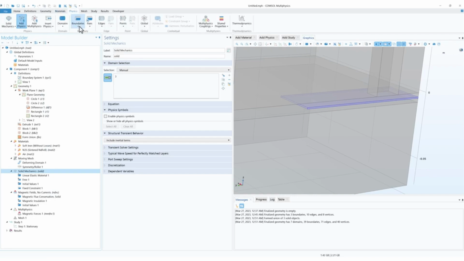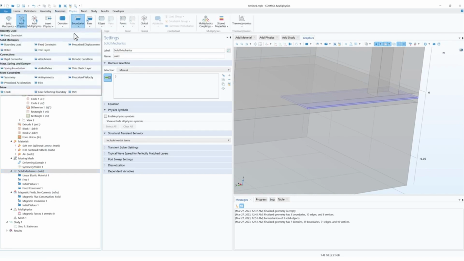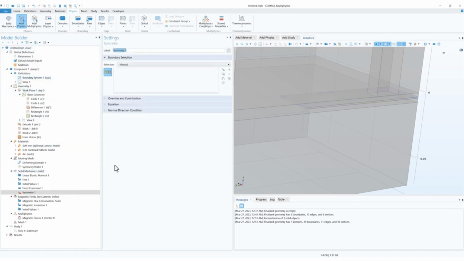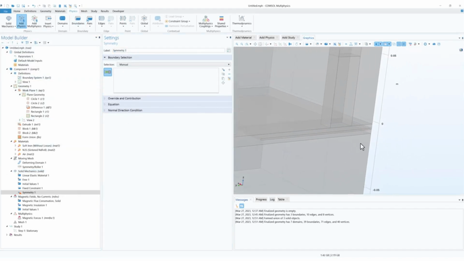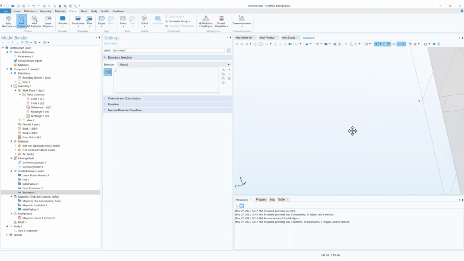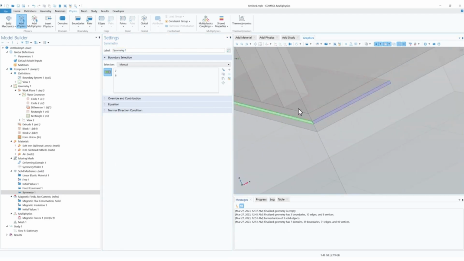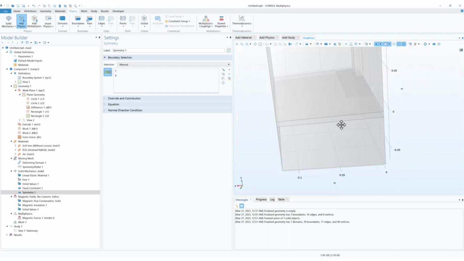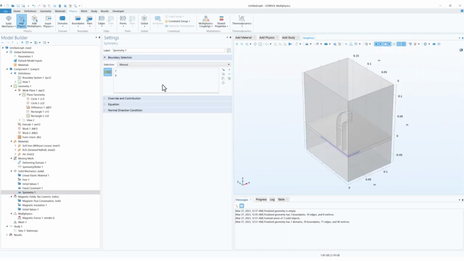Inside of physics, go on to boundary and then choose symmetry. So let us add the symmetry planes. Just zoom in and select these two. So now that we have set up the solid mechanics,